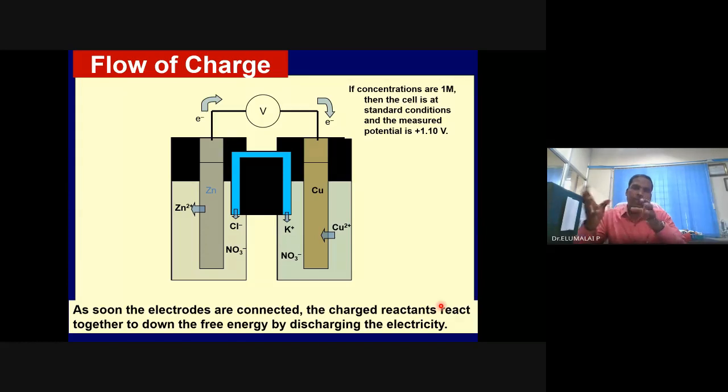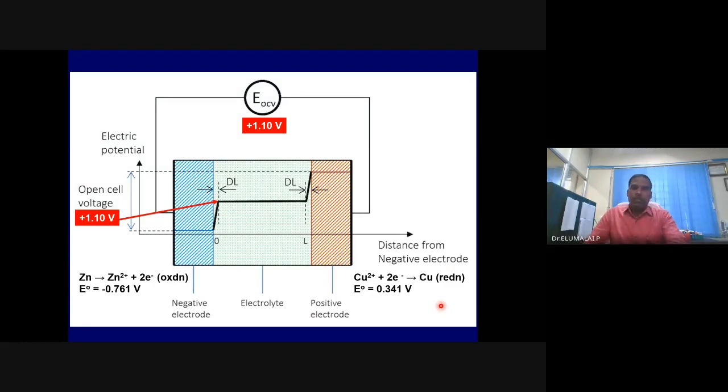Whether it is reversible, irreversible, primary, secondary, that is different. And it is a battery, you believe it or not. This voltaic cell or galvanic cell is a battery because it delivers a positive potential, and it's basically an electrochemical cell. So this is how the cell voltage of 1.1 is developed in the voltaic cell, the basic electrochemical cell consisting of zinc and copper systems.